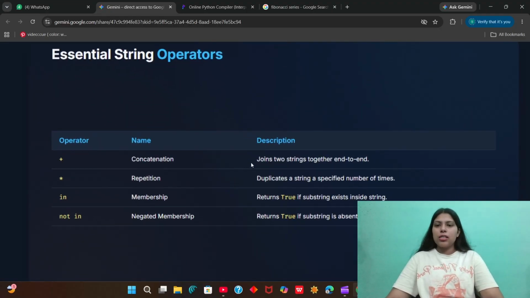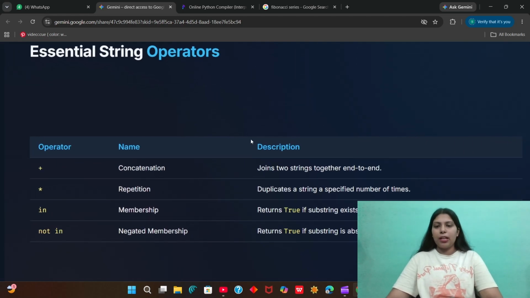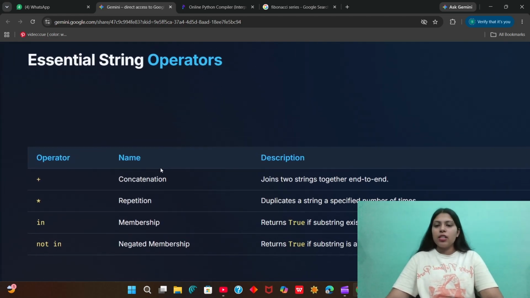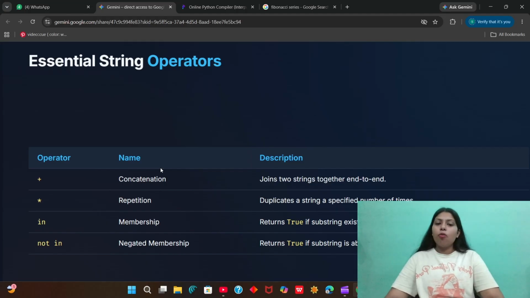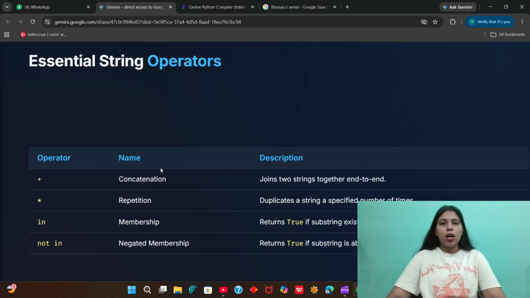Now you have to understand the essential string operations. The first one is concatenation. If I want to join two strings together end to end without any space in between them, or maybe the space, we will get back to it too, then you use concatenation. For example,